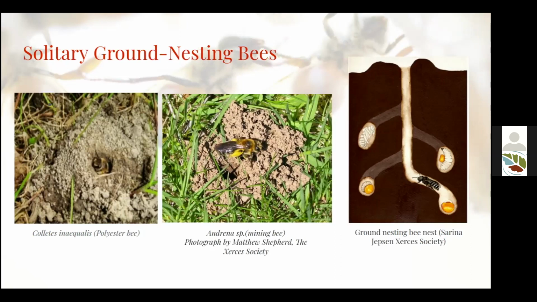And then once they're done developing, they'll hibernate through the winter while there are no blooms and when there's no food in the environment. And then they'll be able to come out again in the spring or in the summer, whenever their mother bee was active. Different bees have different active times, even during the warm season, since they have such short active windows of just about 4 to 6 weeks. And usually what triggers them to come out is some kind of temperature change. Temperature or a temporal change, like they've been hibernating for a certain amount of time, so okay, it's time to come out whether or not it's warm enough.